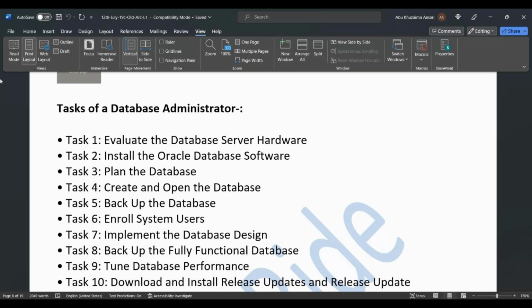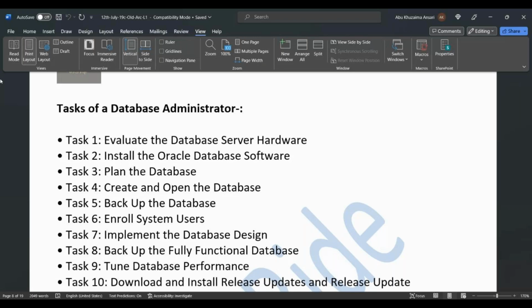Then come to the user part. After creating the database according to the client requirement, you will create the users. Some users will be admins, some will be supporting developers, and some will be DBAs who have more power. According to the client requirement, you will create the user, assign the tablespace, assign the privileges, assign the role, and assign the quota on that particular tablespace. All these things you will manage in user management. Got it? And then